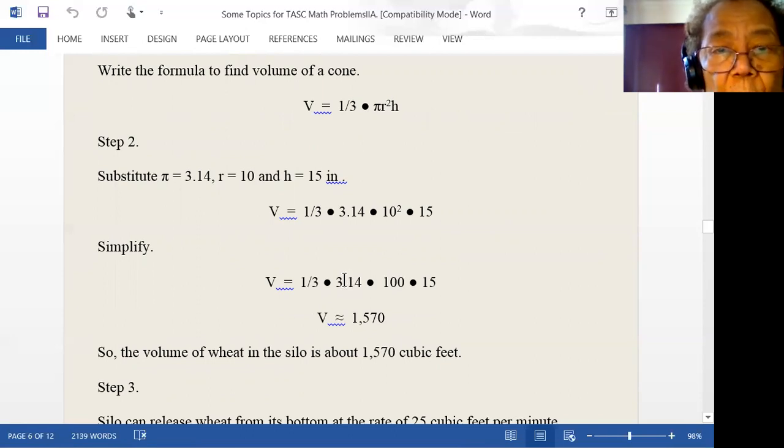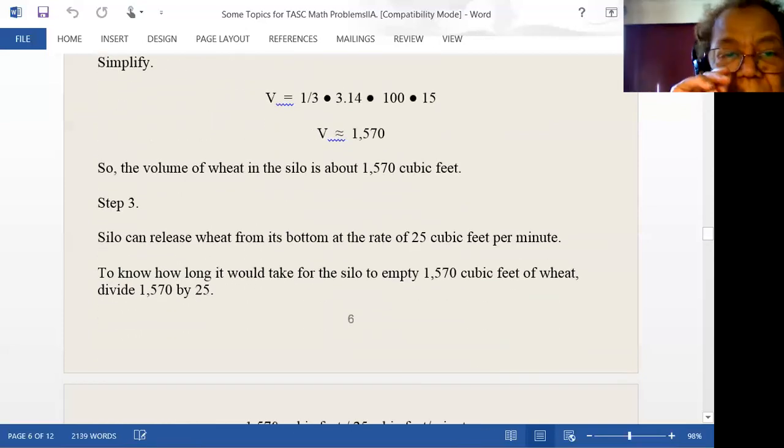That gives you 1,570. Well, that's 1,570 because notice here we're dividing this multiplied result by 3. And the volume is 1,570 cubic feet. But now the second part of the problem says, if you're releasing wheat from this silo at